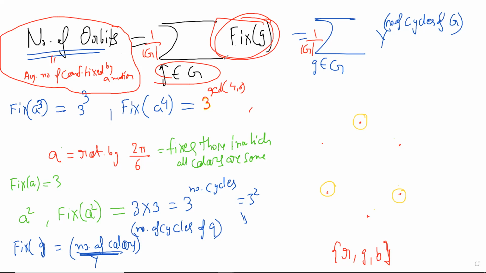Now my sense was that if the average is bigger, then everything is fixing, every element is fixing more and more objects, and so the number of orbits grows. Yes, that's right, that makes absolute sense. See, the more things that it fixes, the more things we have in the set of configurations, right? And if every g fixes more and more sets, then the partition will be finer and finer, right?